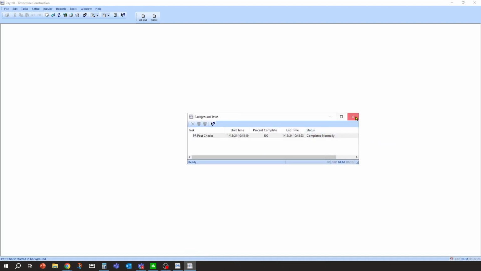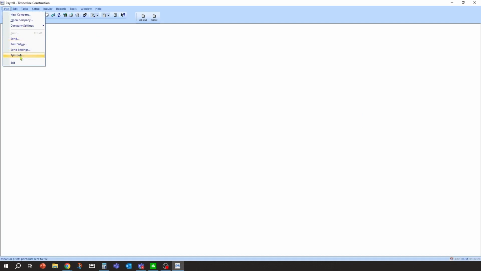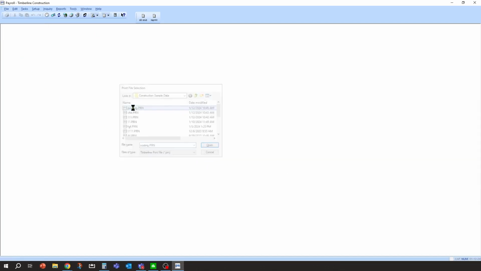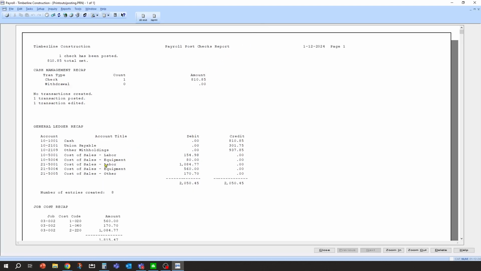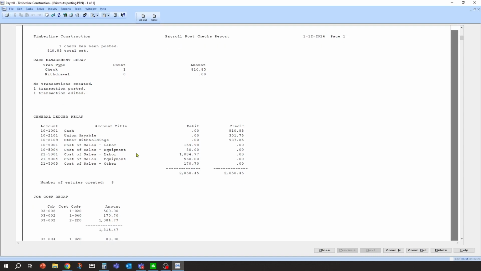That checks posting. Okay, so if we go look at the printout, file printouts, I called it posting. There's my posting. So you'll see here we have our cash, we had some union payable, we had some cost of sales labor. Okay, and then we had these cost of sales other, which is part of that reimbursement in the system. And I believe we put everything to a job.